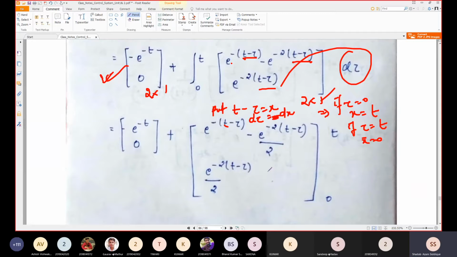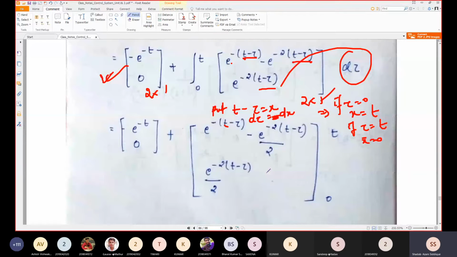I don't want to go into detail. If you want, I can go into detail. Anyone who doesn't understand, I can go through one problem. Please let me know if anyone is having doubt in this integration, then I will go into detail. No one? I hope all of you are familiar with the integration.